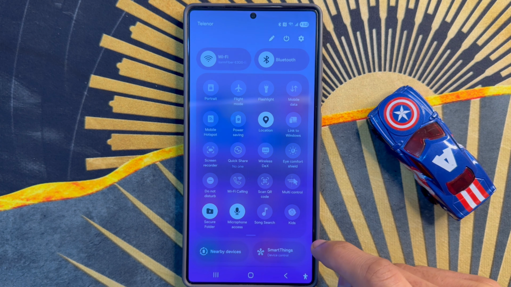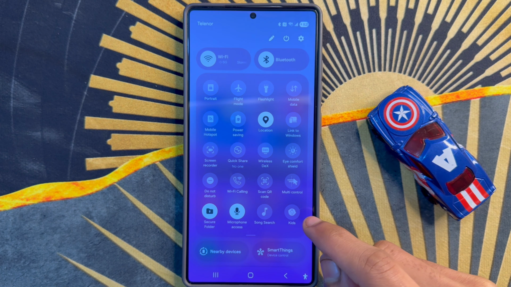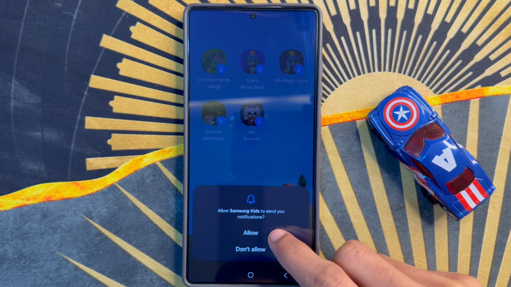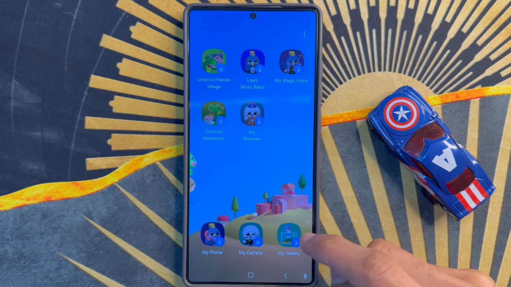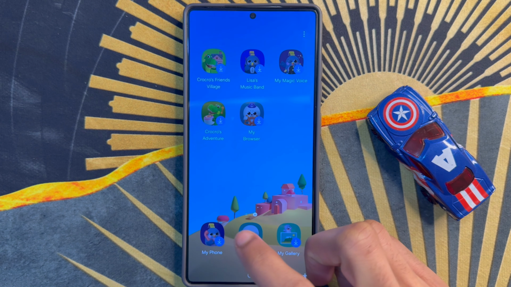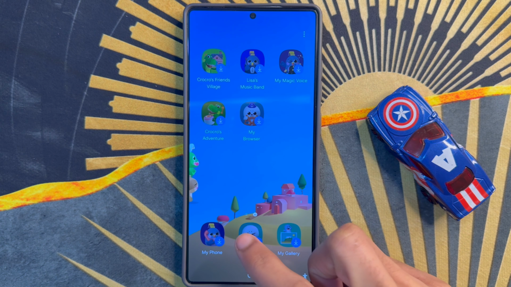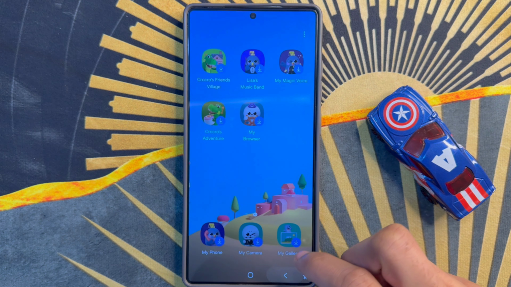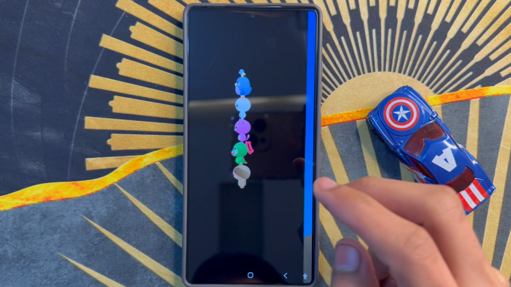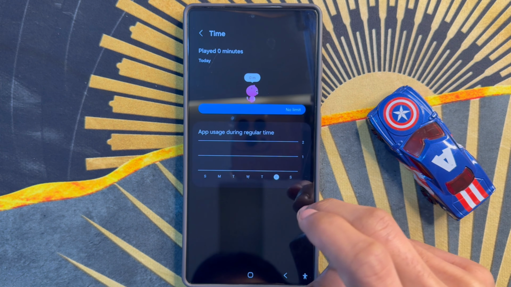So if you want to turn on quick setting kid mode, click on kid mode and click on allow. So you will see kid mode is on. You will see my phone is here. So my camera is here. My gallery is here. So if you want to install games from here,